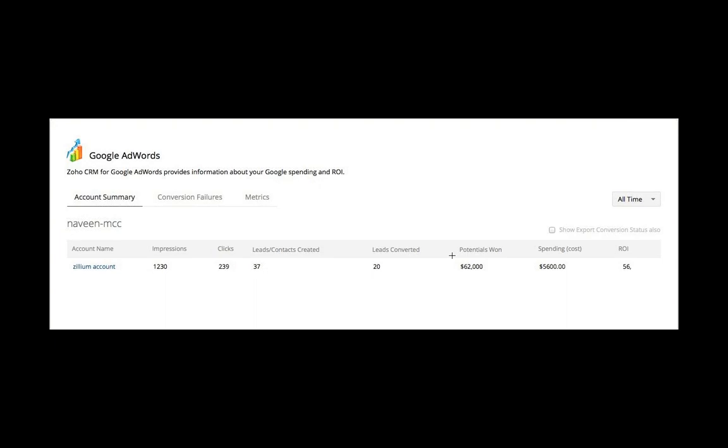Now, let me give a brief detail about what you see in the CRM system, other than the lead information that you saw. So here, we see the account name. It can be any of the products that you may be using in the AdWords setup. It can be any of the campaigns that you are using on the AdWords setup. So for account name, it gives a brief summary. It gives us that this thing had 1,230 impressions, gathered 239 clicks. It created 37 leads or contacts, depending which particular sales methodology you follow. You have a lead. Directly a lead gets created or directly a contact gets created. The number gets stored here.